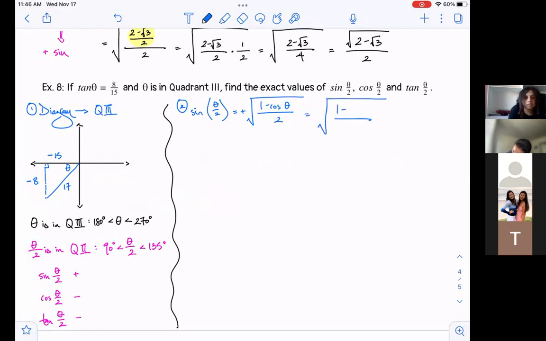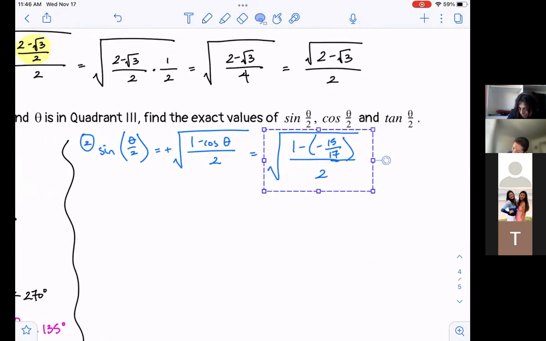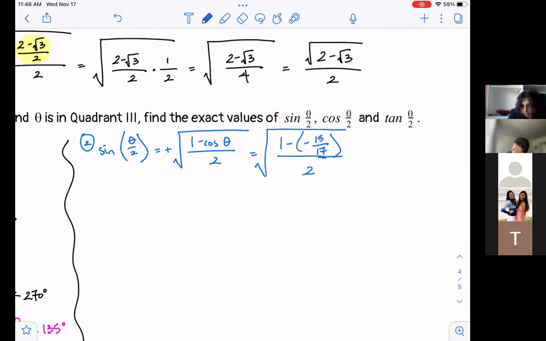Negative 15 over 17. Perfect. All right. I love that you caught yourself there with that negative, right? Because we're all going to do that at some point. We want to make sure that we get that sign correct. All right. Let me just squeeze this over a little bit. All right. And now